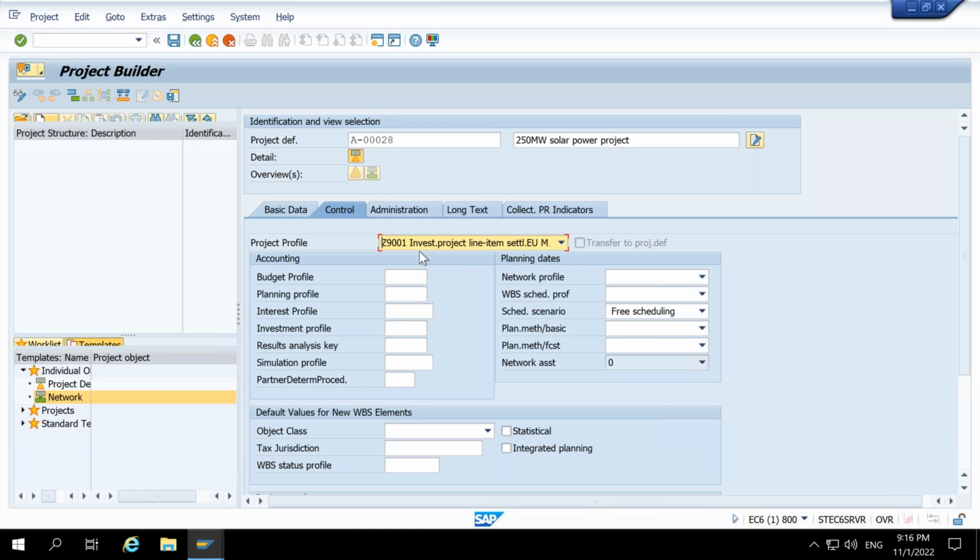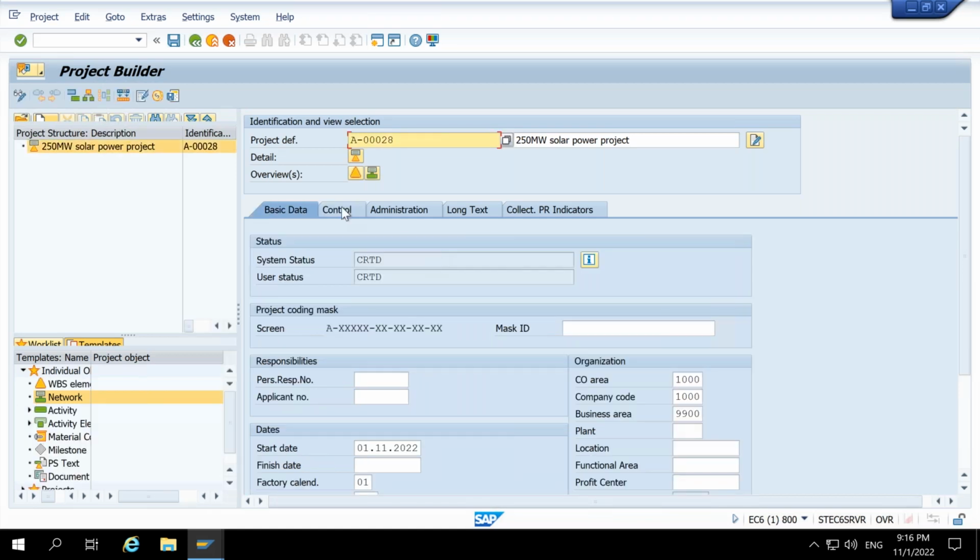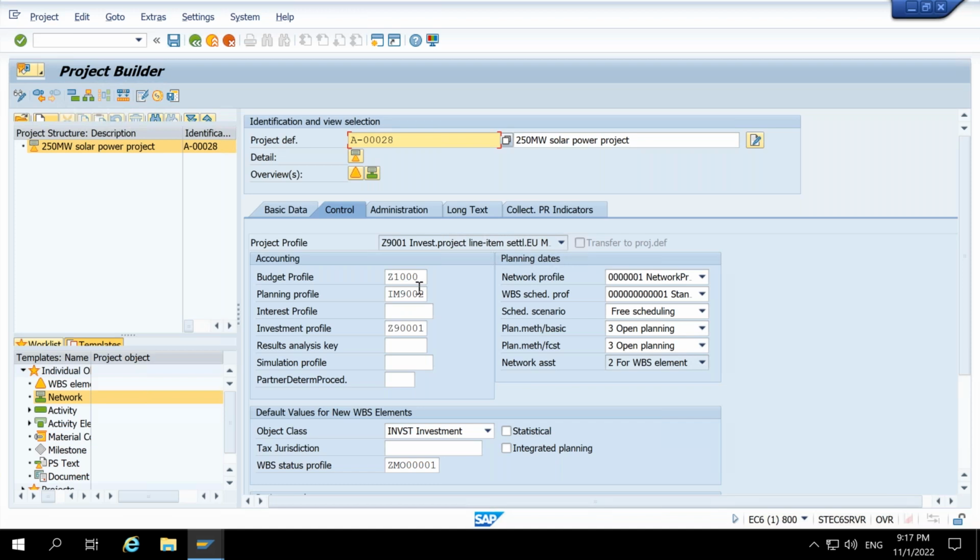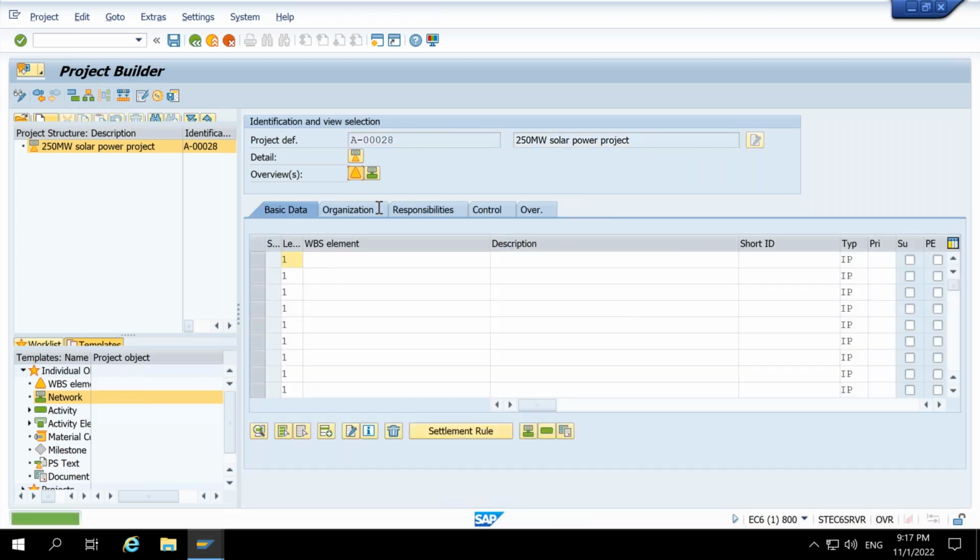So what I will do, I will just remove the investment profile from the project definition. So it will not have that Capex nature then. Okay. So now it will not generate the AUC automatically. So what I did, I have created project definition, and then we will have some few of the WBS elements. Okay, I will just create two WBS elements for the